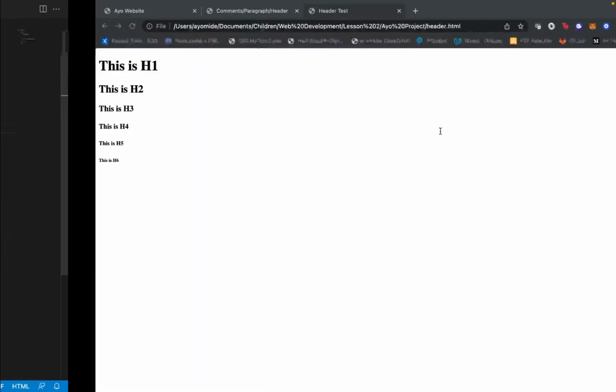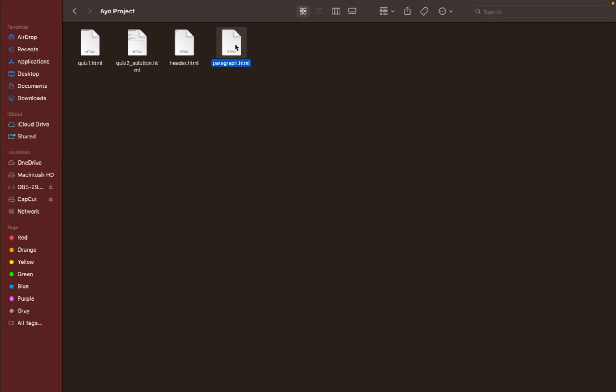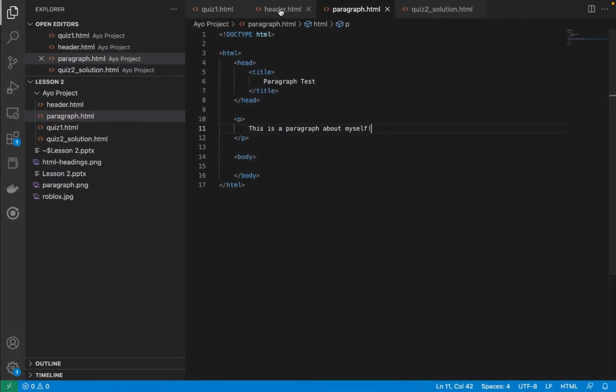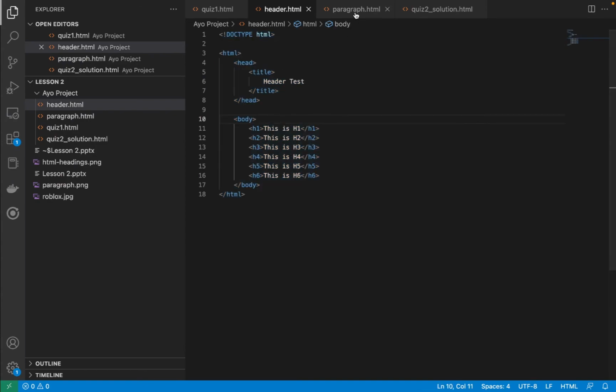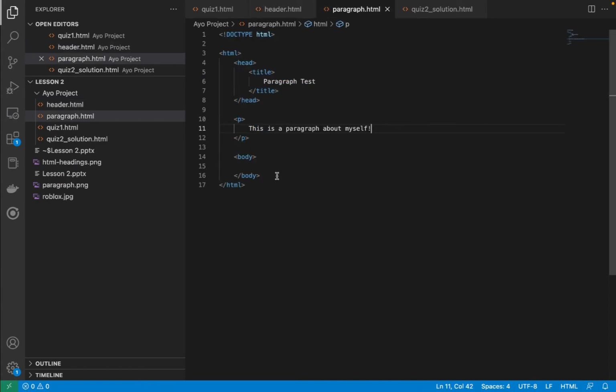So now let's go to our file. So this is a paragraph. See, this is a paragraph about myself, right? So now we know how to write a header and we know how to write a paragraph. So let's now